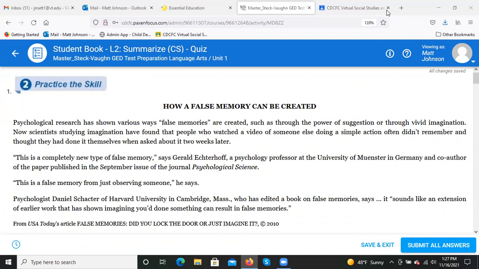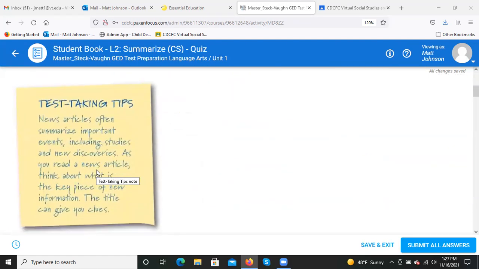So psychological research has shown various ways false memories are created, such as through the power of suggestion or through vivid imagination. Now, scientists studying imagination have found that people who watched a video of someone else doing something is a simple action. So we have the same passage here. And for our test taking tip,